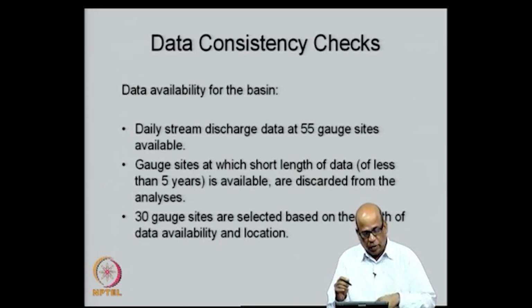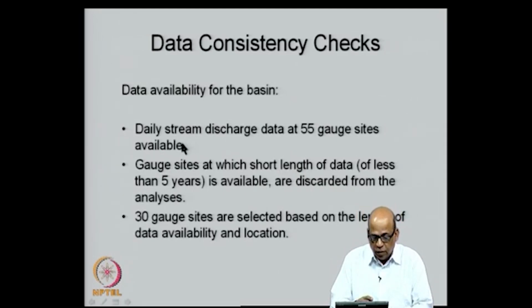So, for the monsoon period, for this example basin, let us say, I will show you the basin also, we have daily discharge data for 55 rain gauge sites, the stream gauge sites. So, at 55 sites we have the data available,